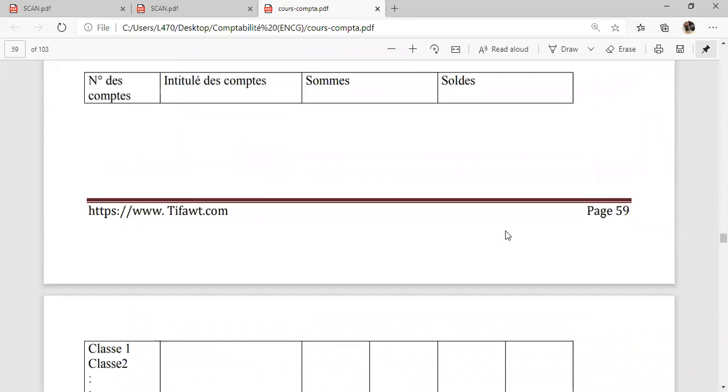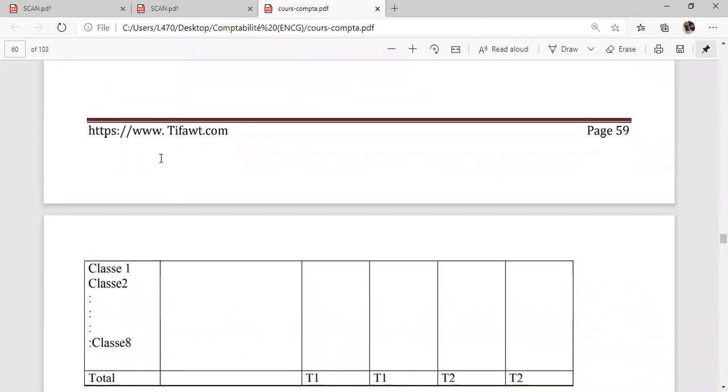So here where we have numéro de compte, when you write class 1, you write all the accounts pertaining to the first class. And when you write class 2, you write all of them pertaining to the second class, 3, 4, 5, jusqu'à 8. And totals, as always,